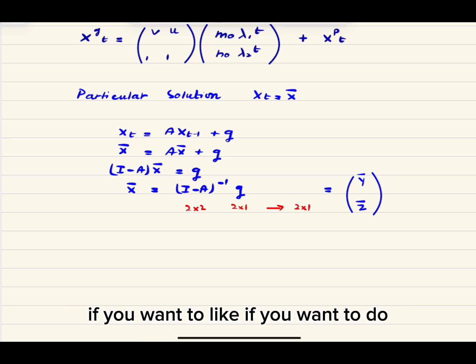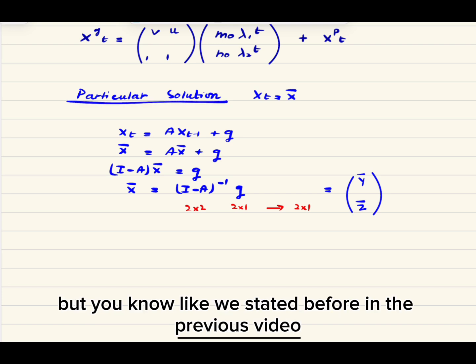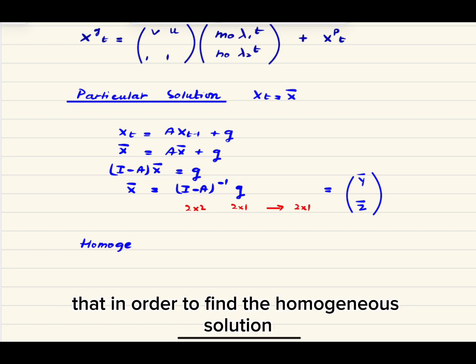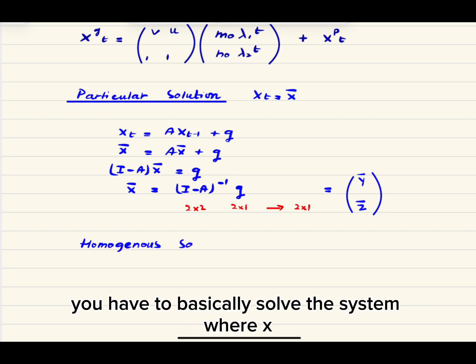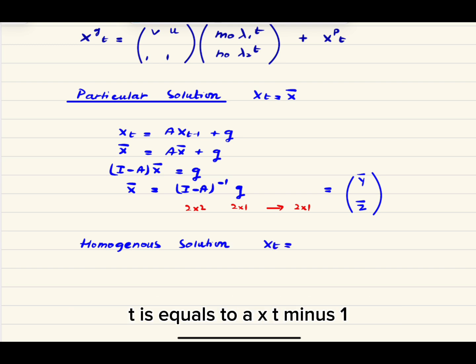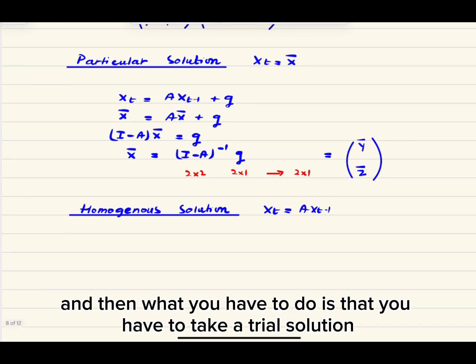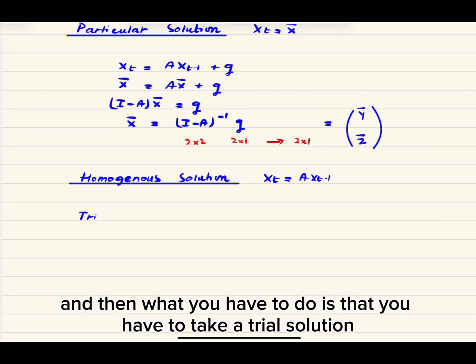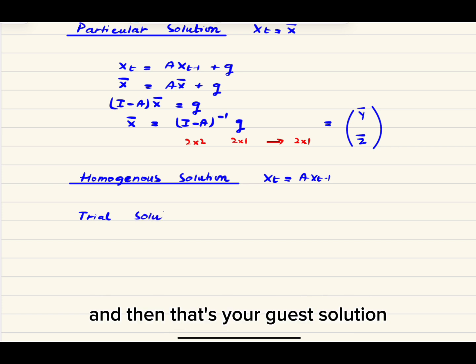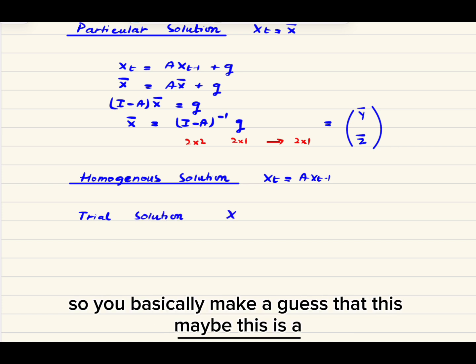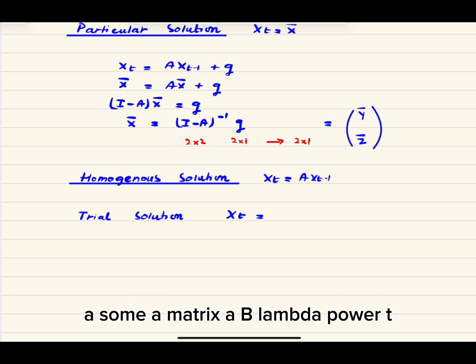However, as we stated in the previous video, in order to find the homogeneous solution, you have to solve the system where x_t equals A x_{t-1}, and then you take a trial solution, your guess solution. So you make a guess that this is some matrix b lambda to the power t, and you